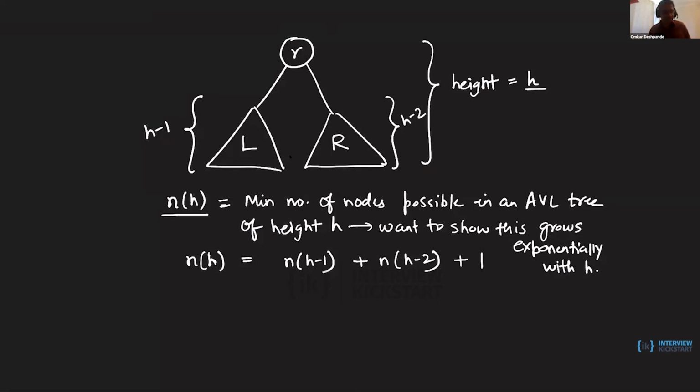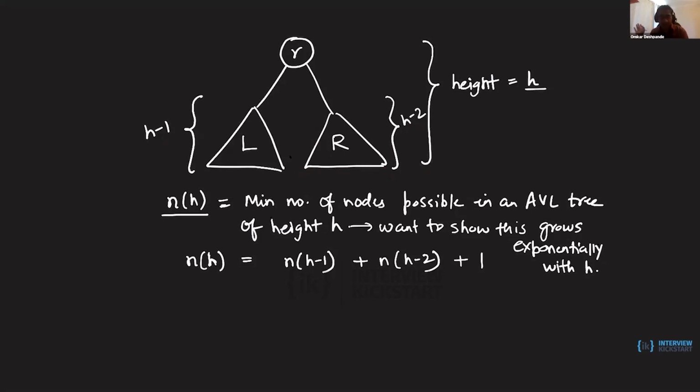Yeah, I'm still trying to understand why h minus 2 for the right subtree, because they could have both the same height and give you 0 for the root node, which would satisfy the AVL tree requirement. Suppose this right subtree had a height of h minus 1. I could take all the leaf nodes in that subtree